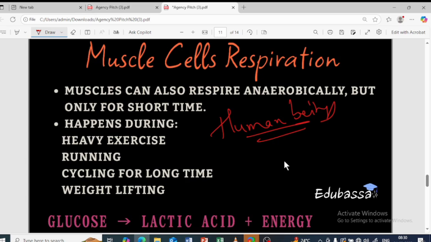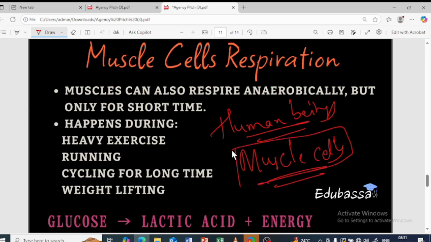What exactly happens is that you breathe more during that time because oxygen is not available to you enough, so you tend to exhale and inhale very frequently. You need more energy during that period and you need more oxygen. So the muscle cells will not be getting the amount of oxygen they need. That much oxygen does not reach the muscle cells properly, so they undergo anaerobic respiration